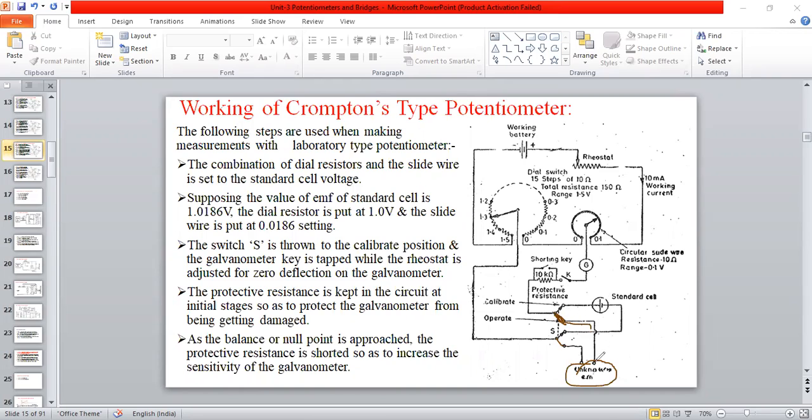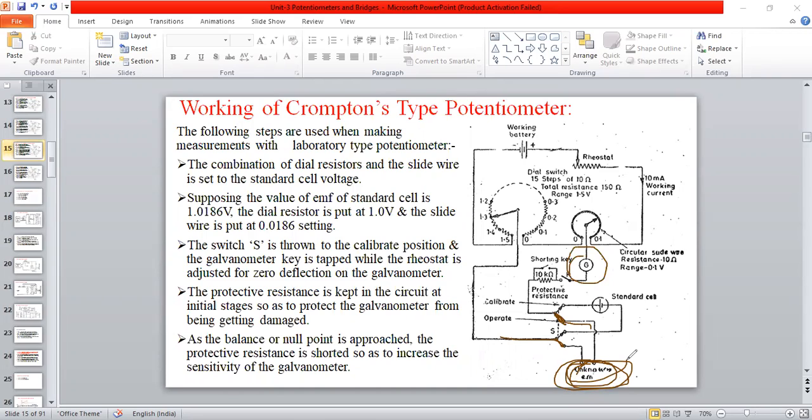It will go to this one and the unknown measuring instrument. It will flow here and it will go back to this one, and it will start to flow towards the negative terminal here now. When we get the null position here, on that condition, it is going to display the value here. Unknown EMF we are going to call it.